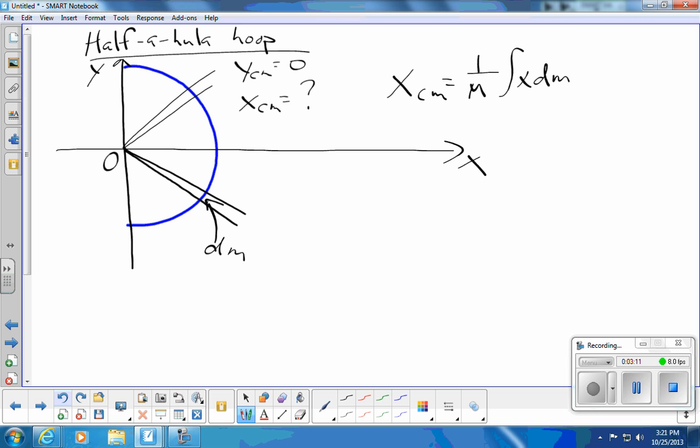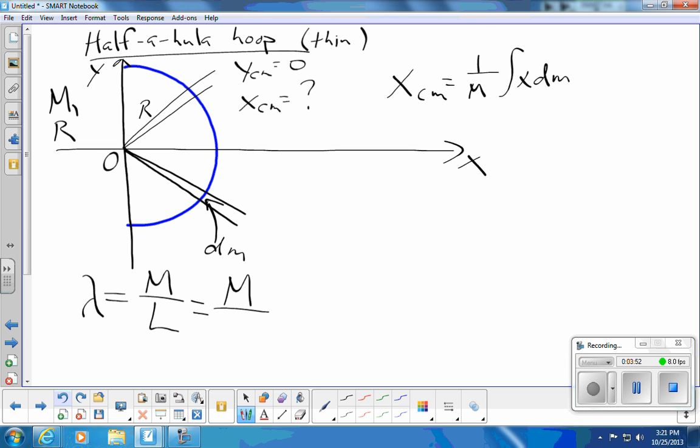This half hula hoop clearly is thin. So in other words, the mass is only distributed along this arc length. I'm going to be talking about linear mass density. The mass of this hula hoop, whose dimensions I did not earlier define, I think they tell us, has mass m and radius r. So this distance is r from the origin to the hoop. That would be the radius. Okay, so the mass of this whole thing is distributed along the arc length. The whole thing could be said to have length L, but in terms of r,